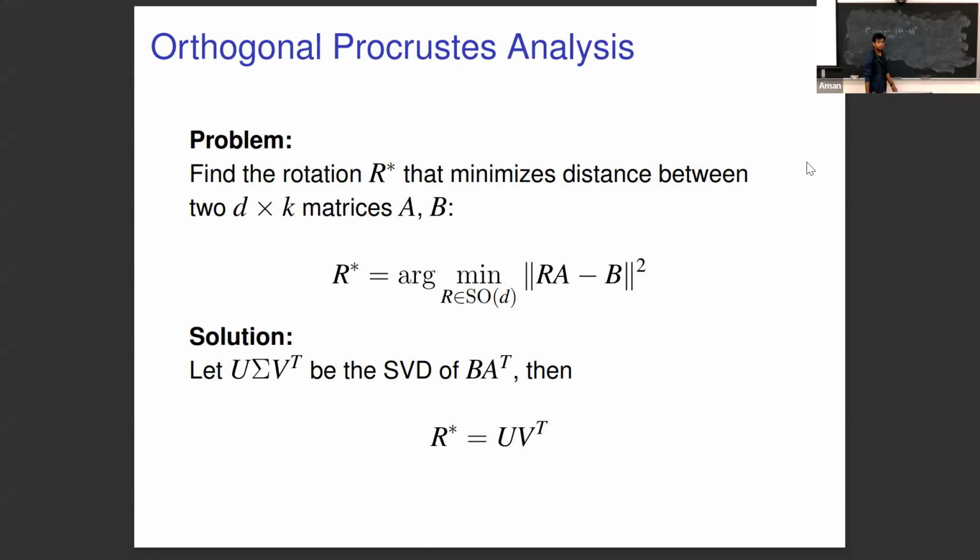Right? And that is slightly clear to see because if you imagine that RA is just B, this will be minimized, right? So what we want is to find rotation matrix R such that this value is the lowest it can get. And you do that by just performing a single SVD on this system of equations, and you find